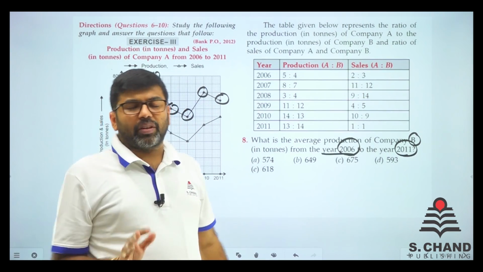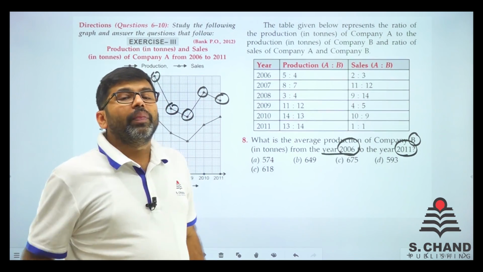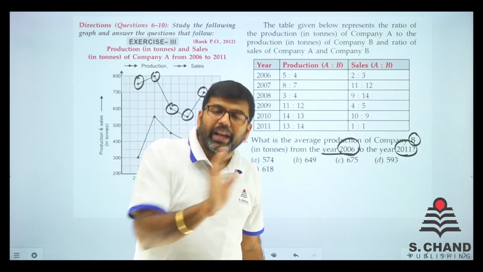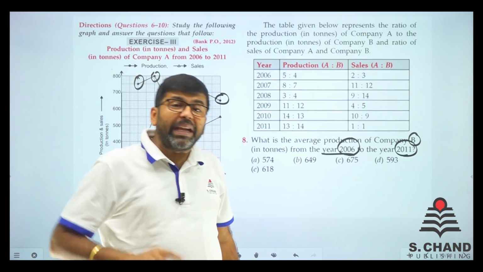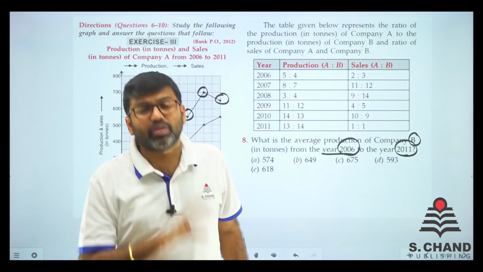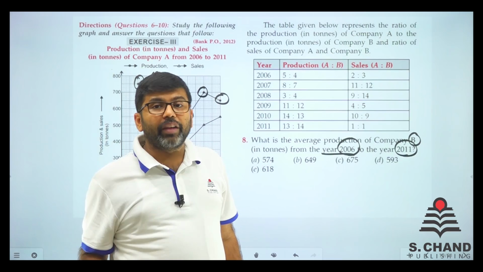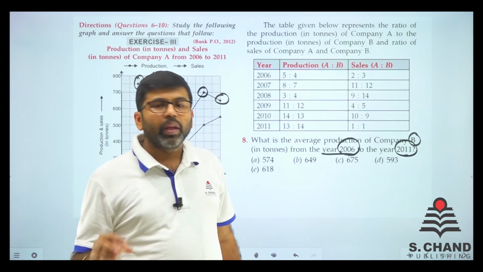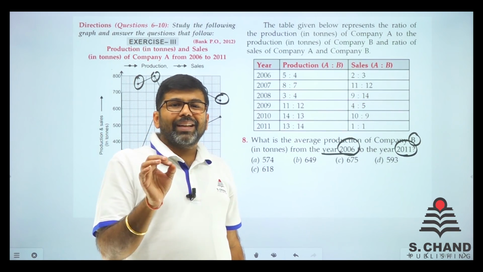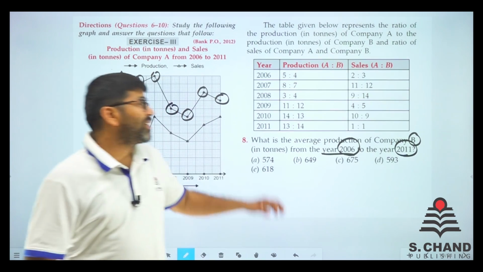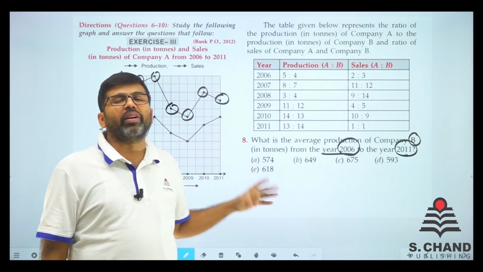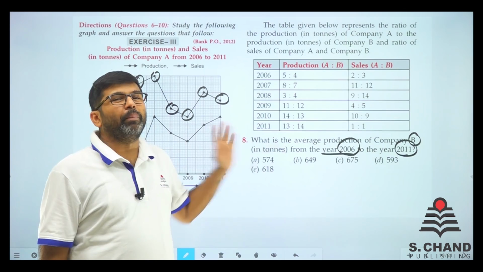In an examination, one thing is sure, that if you do a DI, it is not compulsory or mandatory that you do all the questions of the DI. If you can do 2 out of 3, 4 out of 3, 2 out of 5, 3 out of 5, 5 out of 5, it is good. But consider this thing, questions like this, for sure it will give you the answer, because it is not a big question, average